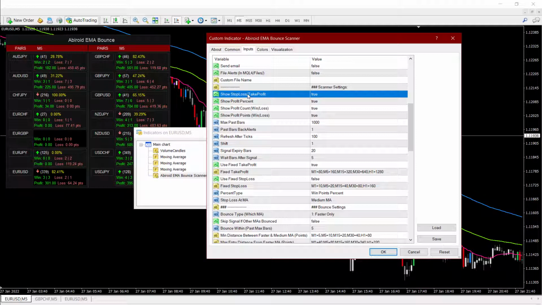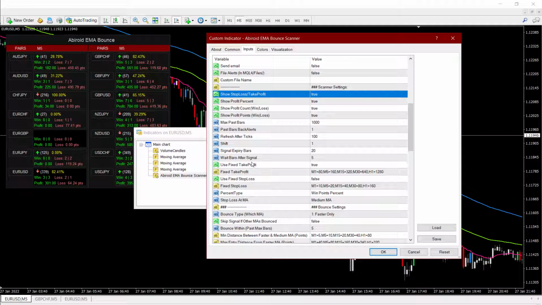So I think by Friday or Saturday, when I make the next release, I will add these values, and after that the scanner will always stay as a free indicator, but the arrows on MetaTrader as well as on my website will become a paid indicator after, I think, Friday or Saturday. Right now I have set that to free so that you can just test it out, and if you like it you can leave a review, or if you find some bugs or anything else, you can always let me know.